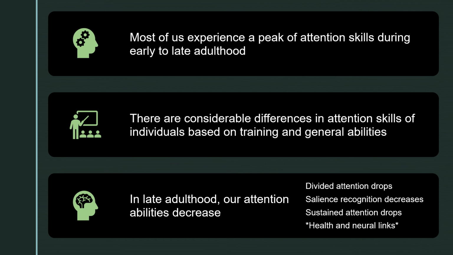And once we get past adolescence, there is still some time for growth. What most research has shown is our attention skills keep increasing all the way until late adulthood. That means until you're around 40, 50 years old, you're continually getting better and better at your attention skills. Once you're in your mid 40s, we tend to see this kind of leveling off of attention skills. Not a drop in attention skills, mind you, but a leveling off that persists for usually a decade or two.